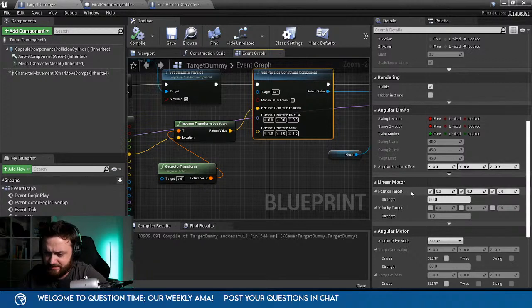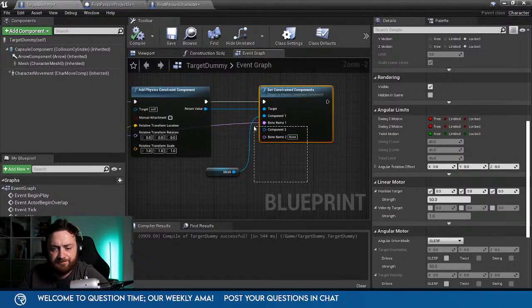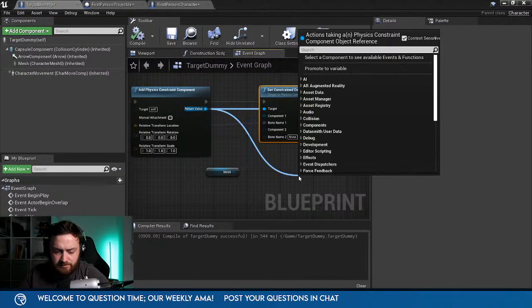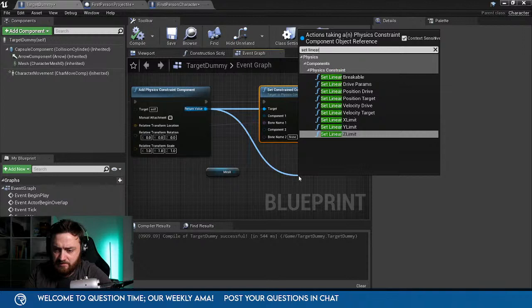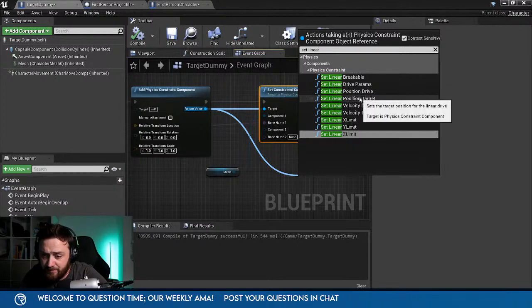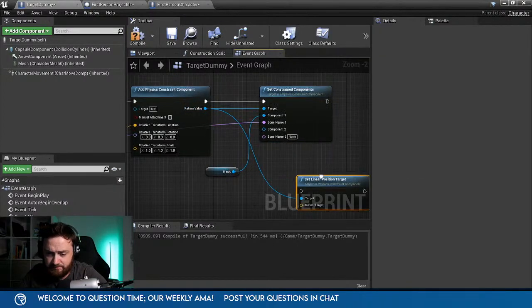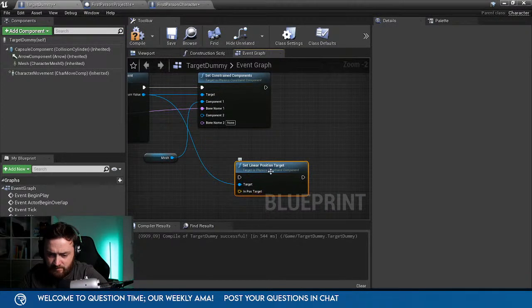Right. Why is this not? Now, is this the position target? Is this going to be relative to the motor? Not too sure, I can't remember. So what we'll do, set linear position target. It doesn't say there either.